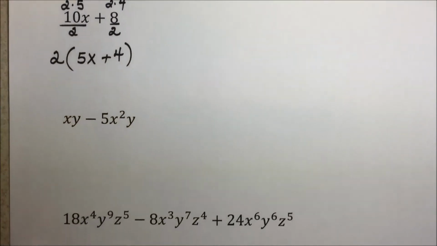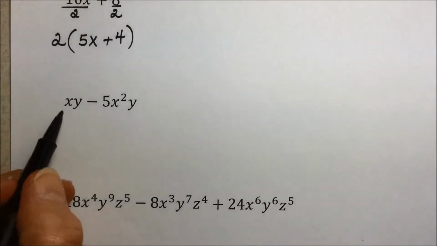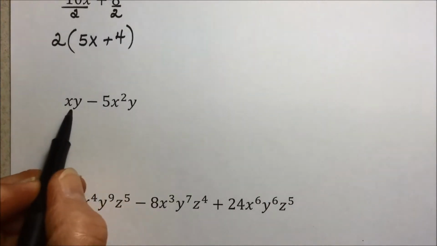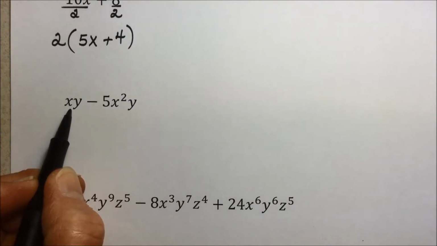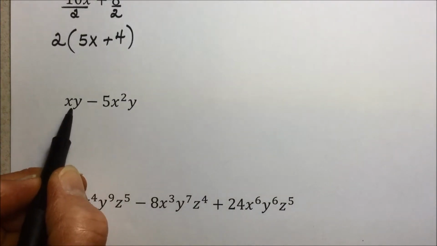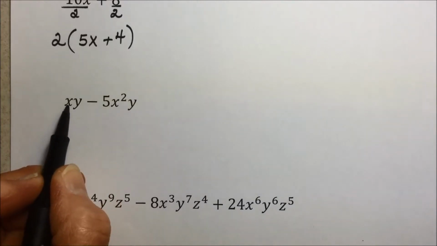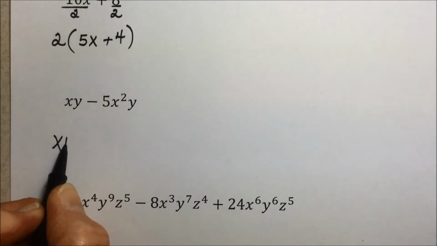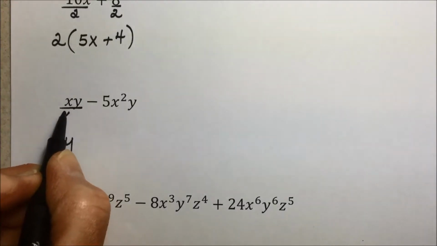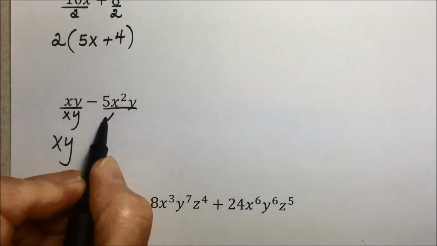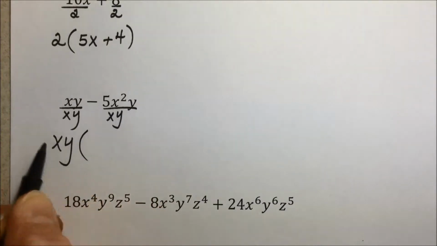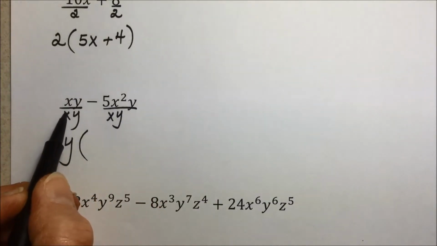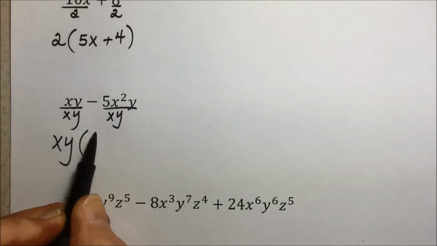In the next problem, for the greatest common factor, they both share an x, and when you have a common variable, the greatest common factor is the lowest power common to each one of them. So we can only go to x to the first power, and they each have a y. So the greatest common factor is xy. Dividing each term, or factoring out the common term, leaves us with xy over xy, which is equal to 1